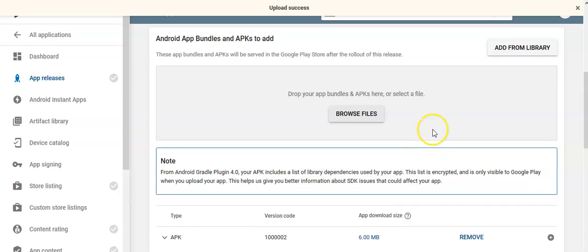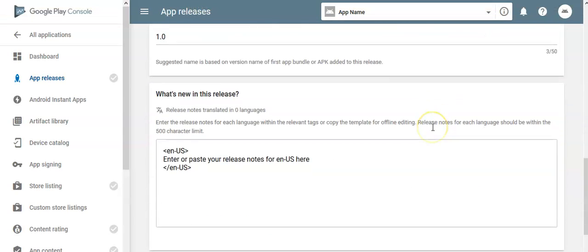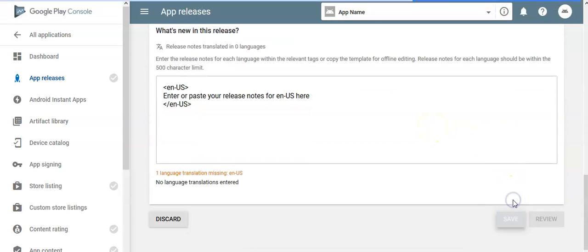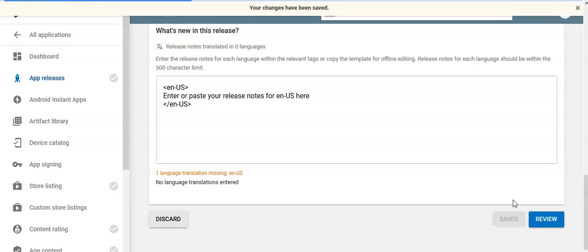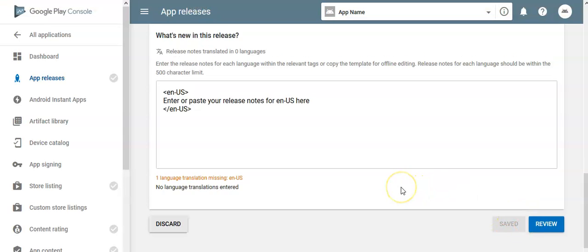Okay, the APK is uploaded now. So scroll below and click save. Next, do not click review here. We'll come back to this page later.